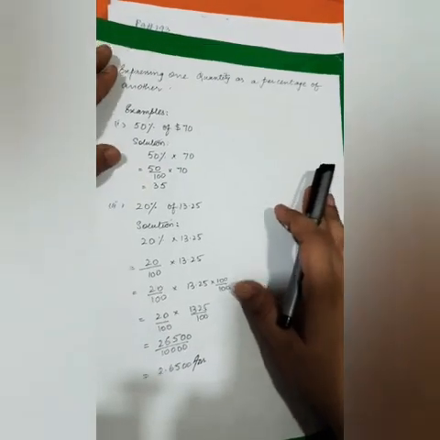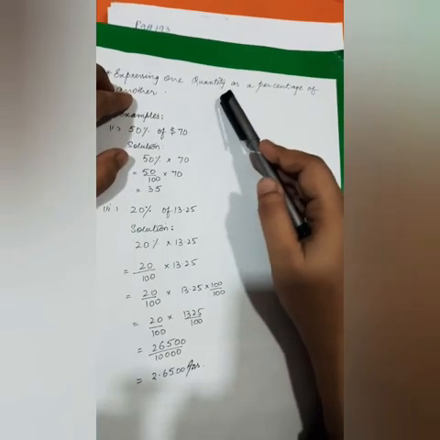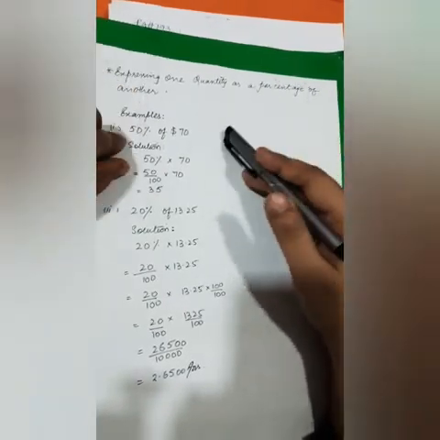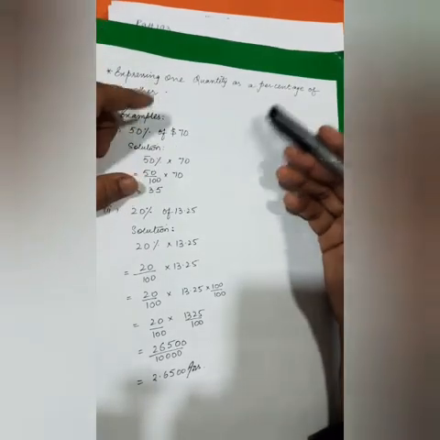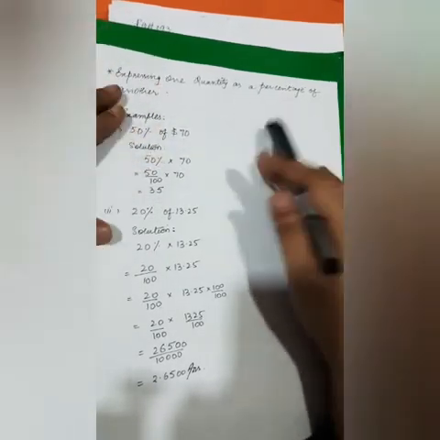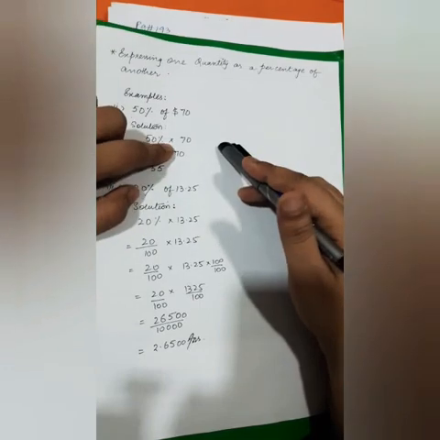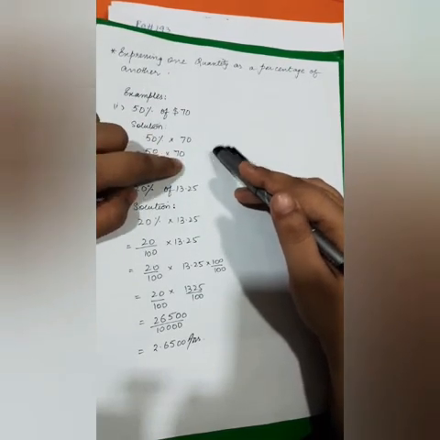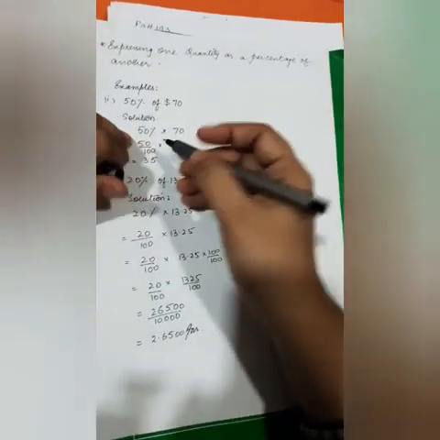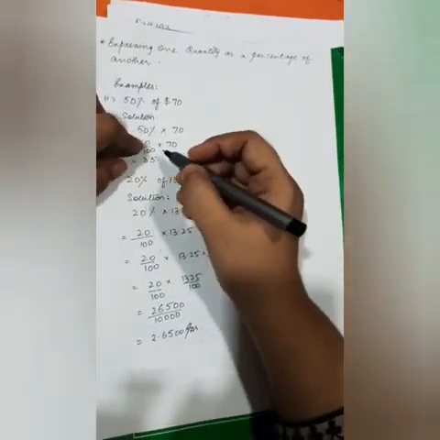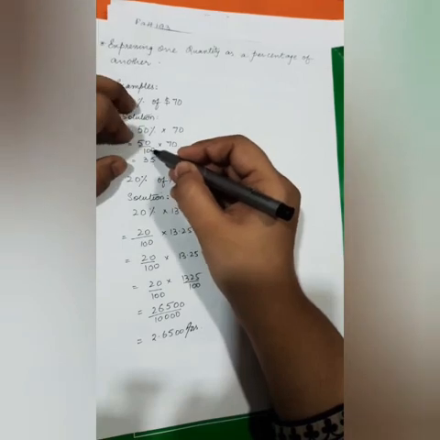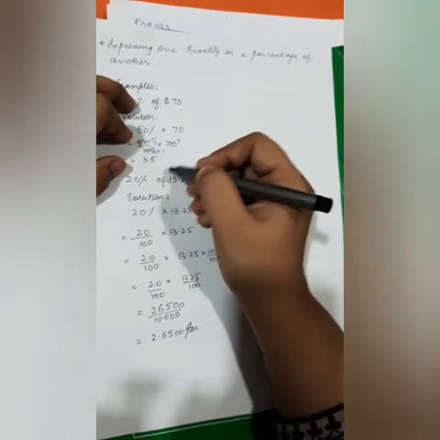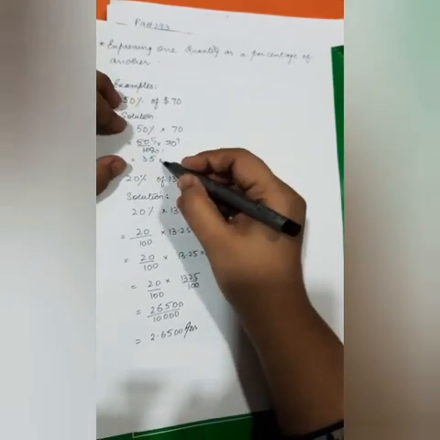Another short thing I want to tell you is expressing one quantity as a percentage of another. Okay, now what does this mean? For example, 50% of $70. What will be the 50% of $70? So you are going to write: 50% of means multiply by 70. Open the percent sign, 50 upon 100, multiply by 70 upon 100. So I am going to simplify this. 10 tens are 100, 10 sevens are 70, 10 ones are 10, 5 tens are 50, and 5 sevens are 35. So 35 will be my answer.